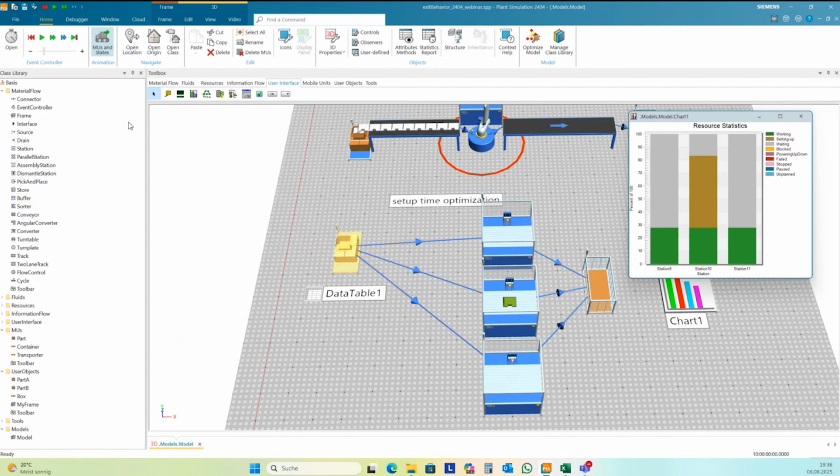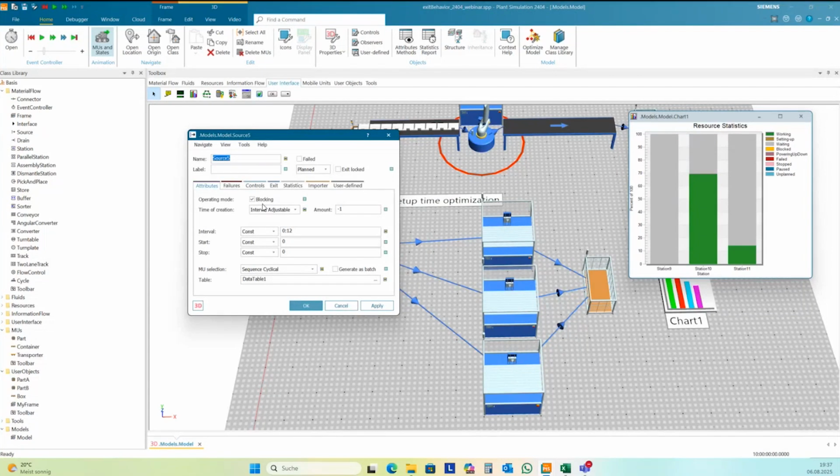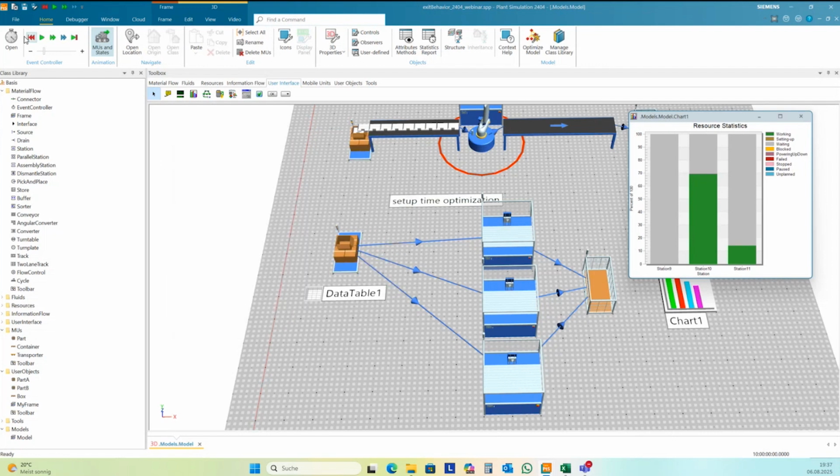Okay, let's have a look. And now it distributes the part in a way that we don't have to set up anymore, and so we can save a lot of setup time. And if I change another exit strategy, for instance, start at successor number 1, then it looks again quite different.